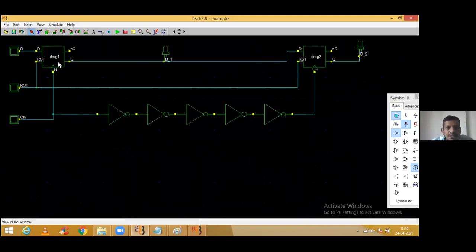We are having 2 D latch, 2 D register, we can call it as clock. We are providing it at the first instant over here, and the same clock we are providing on the next instant through this circuitry. As per the circuit requirement, we are resetting all the stuff. We are having one data. Now, guys, how is it going to behave?